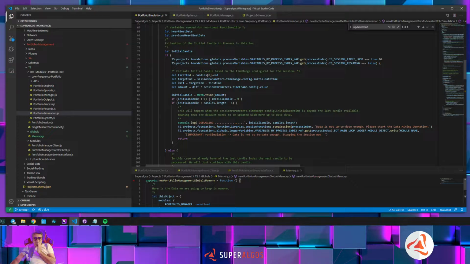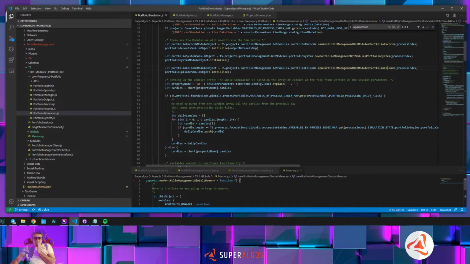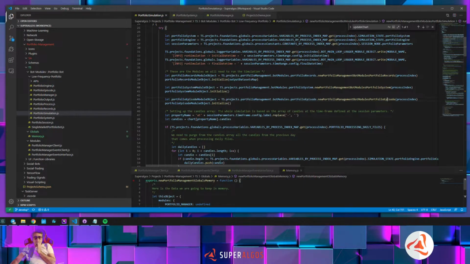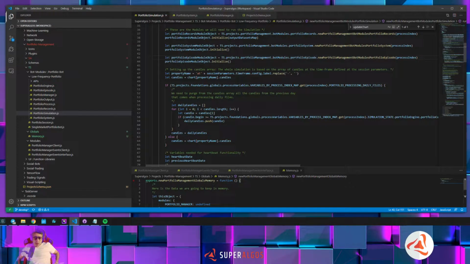Also, maybe I can put some of this stuff into functions inside that module too, so that I can copy the trading simulation into here, with minimized stuff,